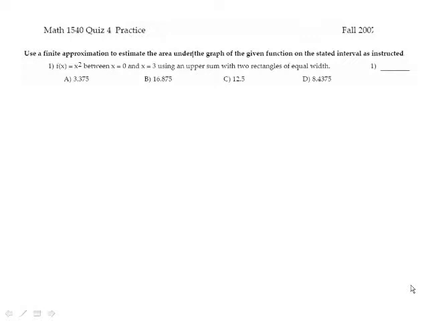Problem 1 on the practice quiz is to approximate the area underneath the given curve with two rectangles. In fact, this is not going to be a very great approximation, but it illustrates how we do this. If you look at the function f of x equals x squared between 0 and 3,